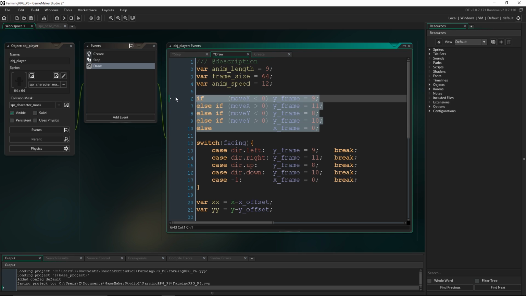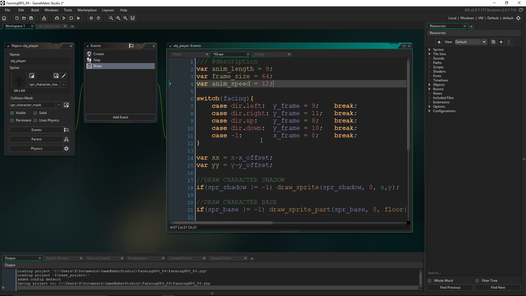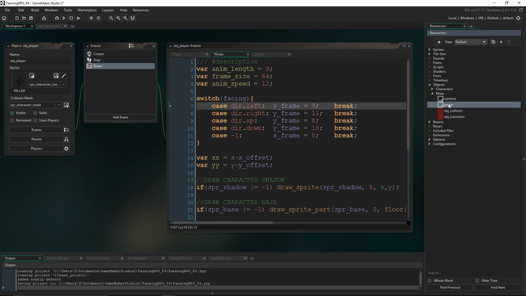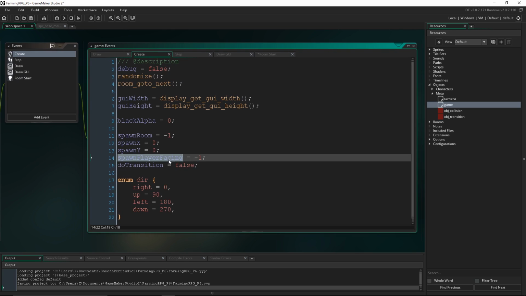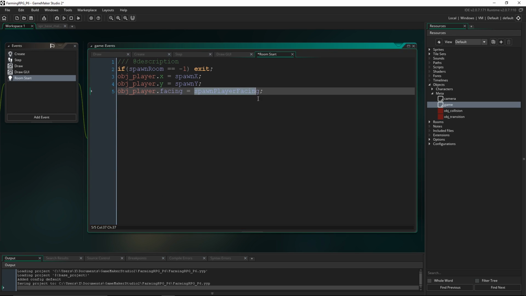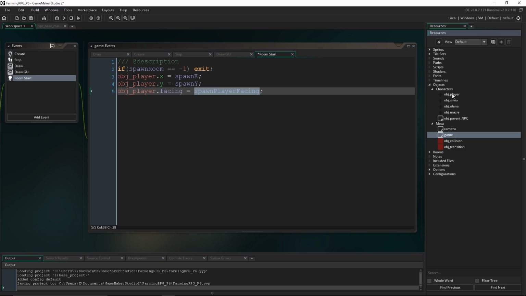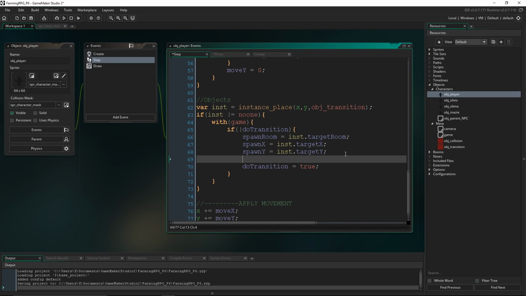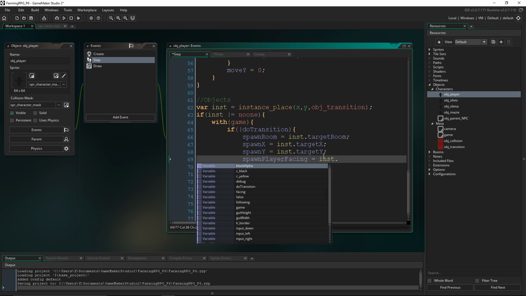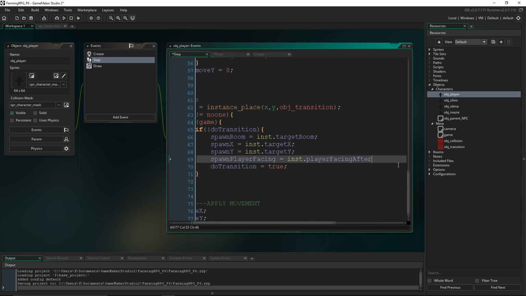Okay, so we can get rid of all that now. This is just shifting our system over to include our facing. So now our game object can modify our facing variable when we start up the room. In our game object, we can tell the player to set its facing to be equal to this variable here. And again, we're going to need to pass this off. So we have to come into the player, into the step event, and set the game's value to equal the instance's player facing after, because that was the direction that we wanted the player to be in after the room